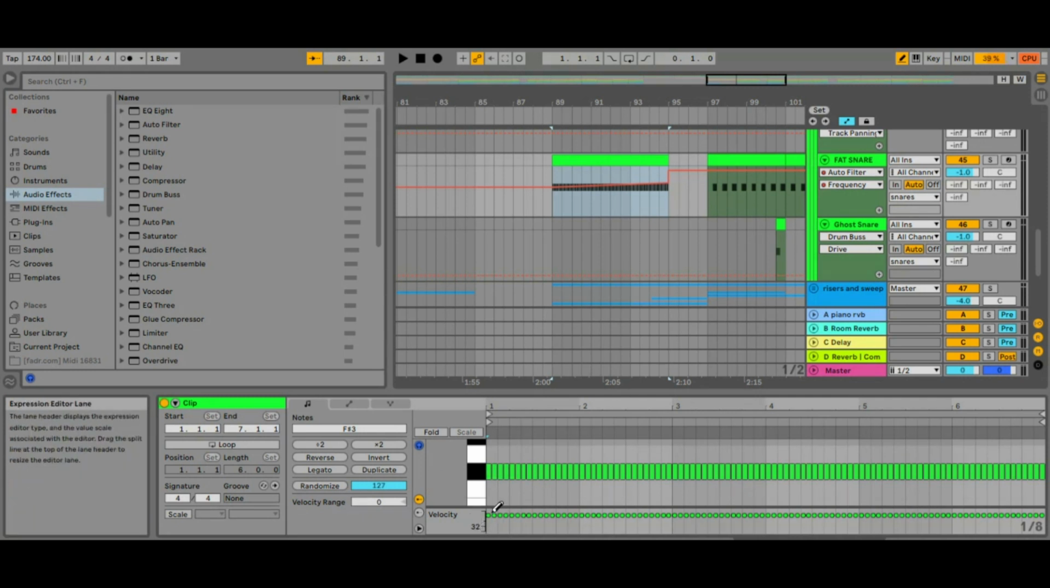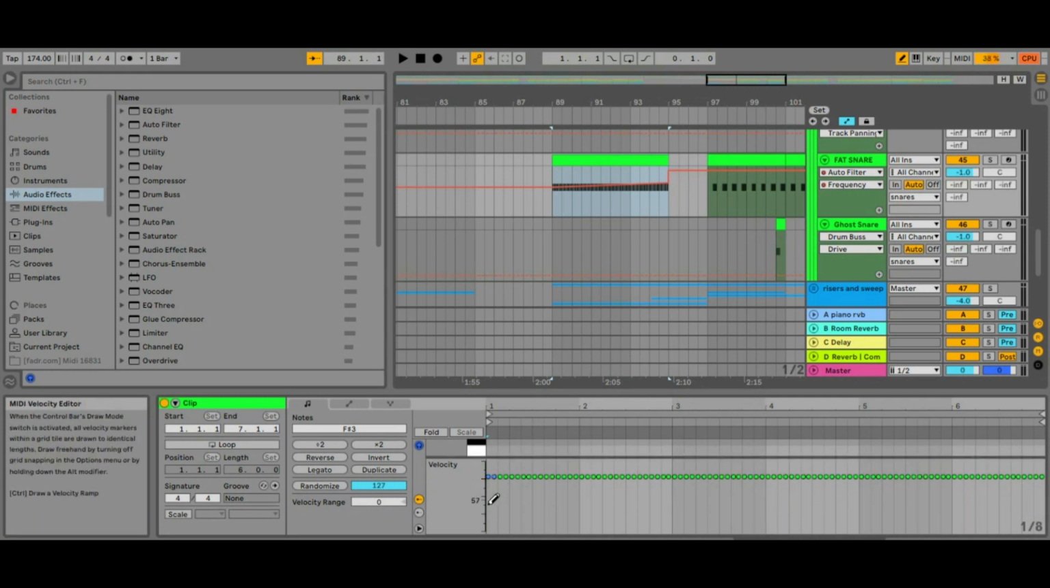So the last one is particularly good for snare rolls. If you're playing with the velocities and gradually bringing in the snare roll, it can take a long time if you do it manually. However, if you draw it in by hitting Control and then drawing from bottom left to top right,